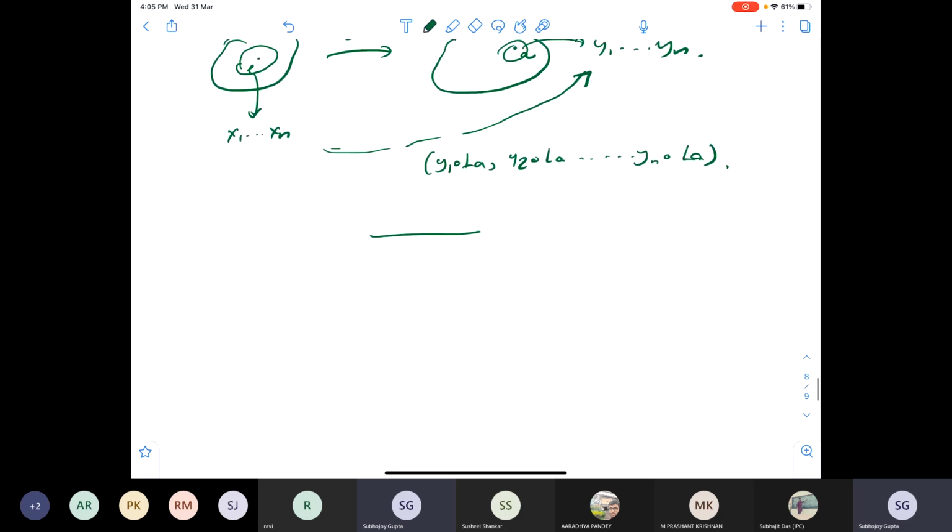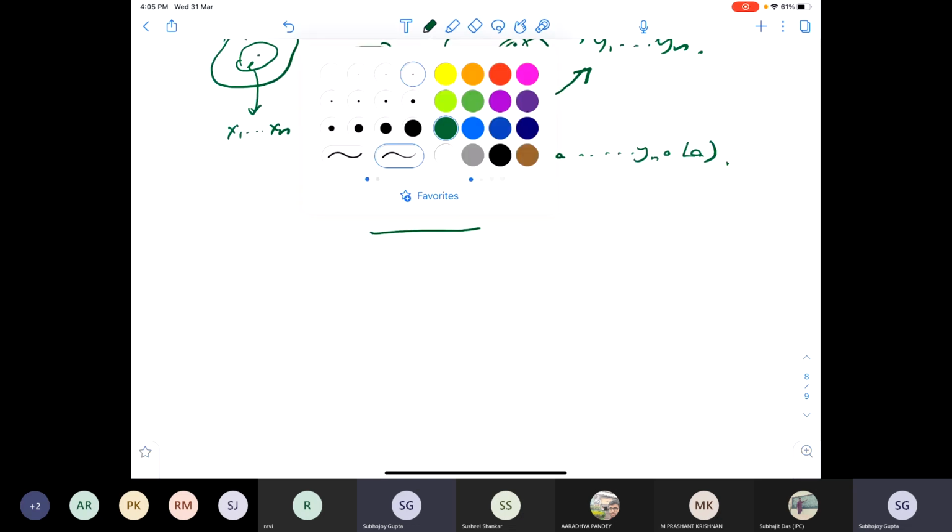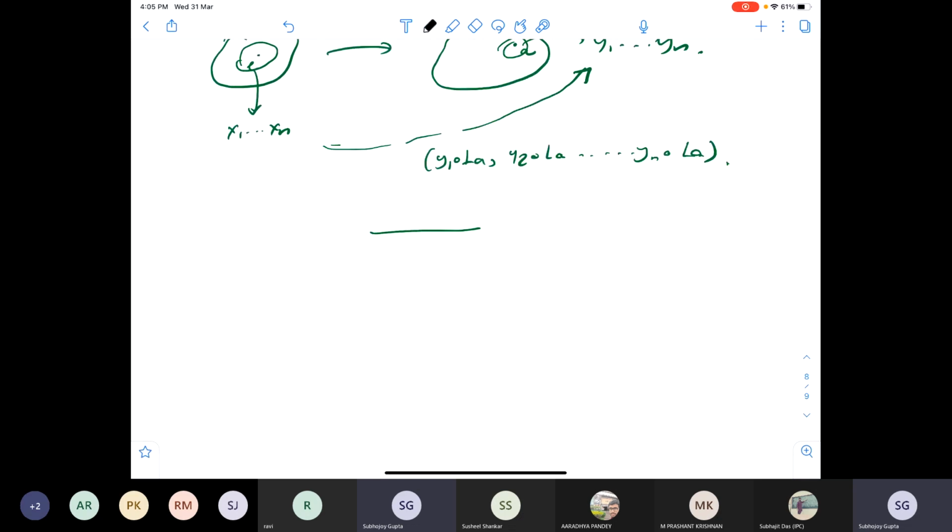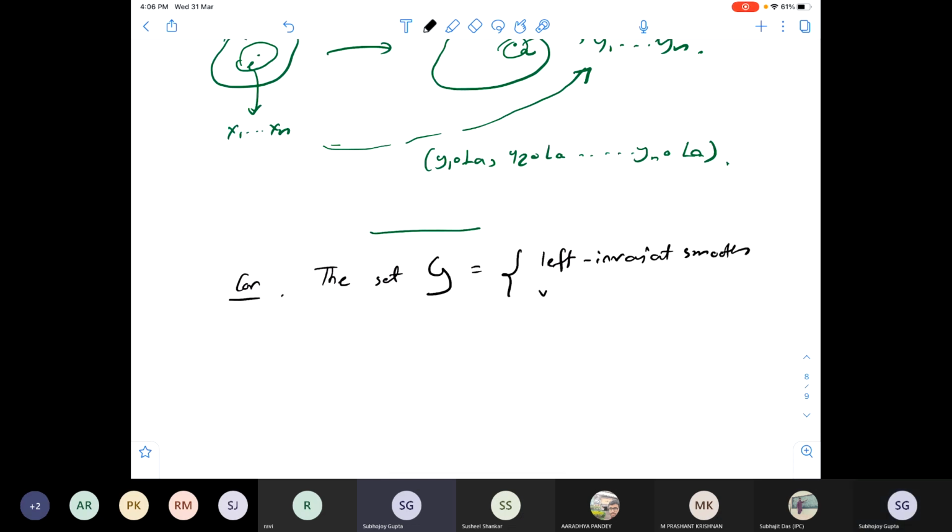But the point is that you get this important corollary, which is that the set of left invariant vector fields, let me call it script G for now, the set of left invariant smooth vector fields on this Lie group G,